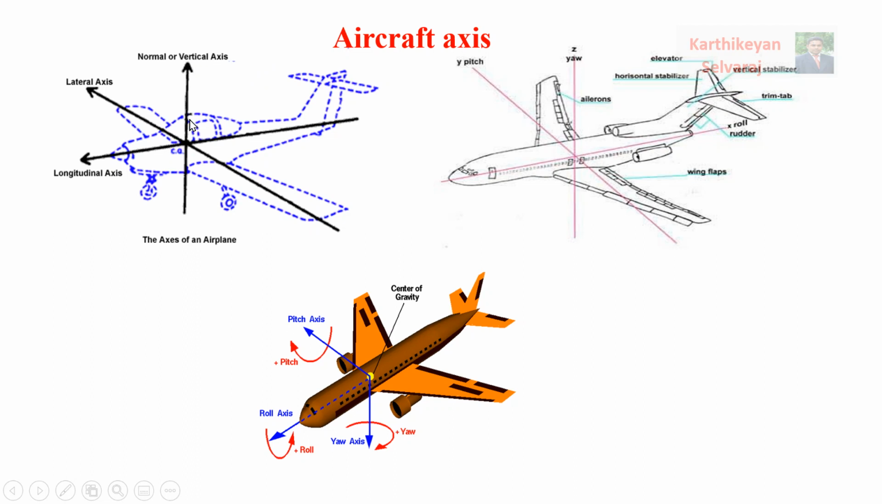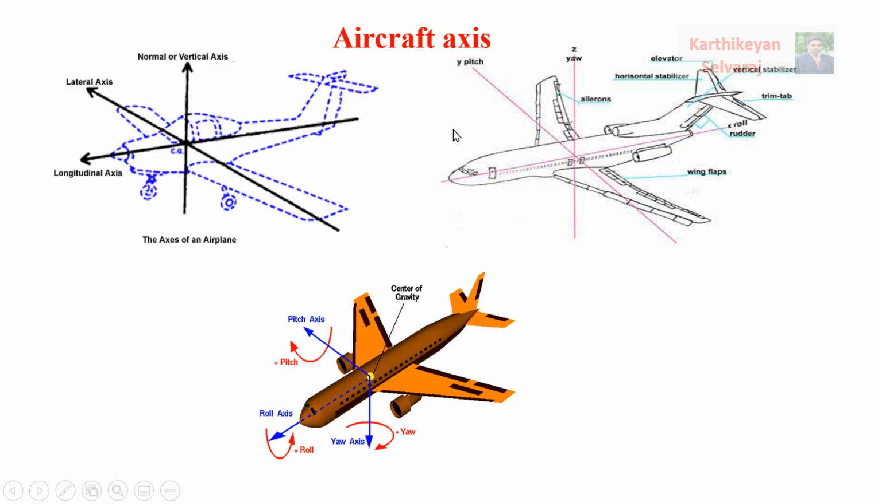So this axis is exactly perpendicular to these two axes. Then the most important point, all three axes will be passing through the center of gravity. So these are the three principal axes passing through the aircraft. This is very useful for designing the aircraft. Then based on the three axes we will get the rotation, and based on the rotation we will get the